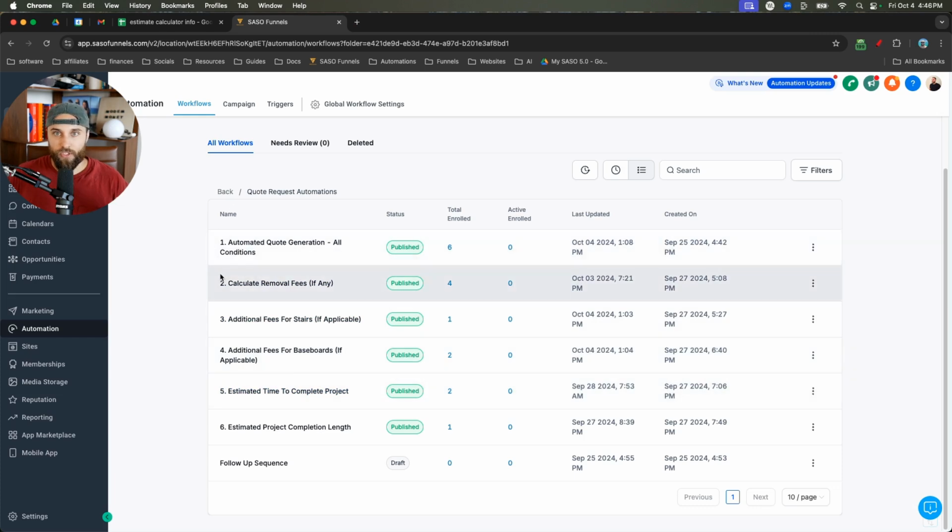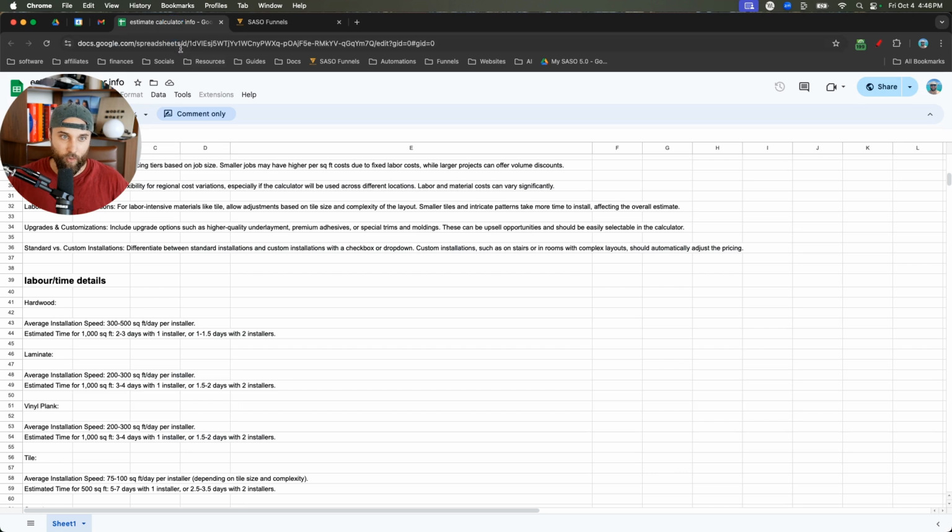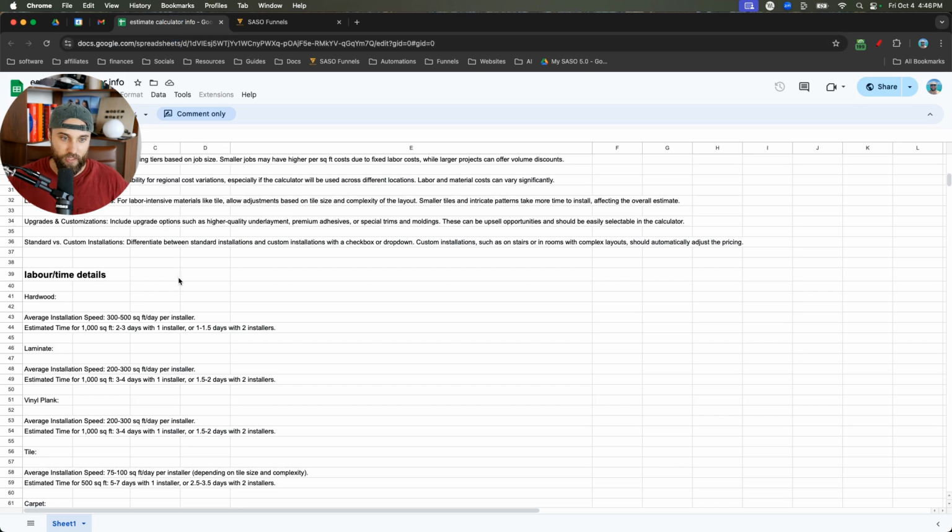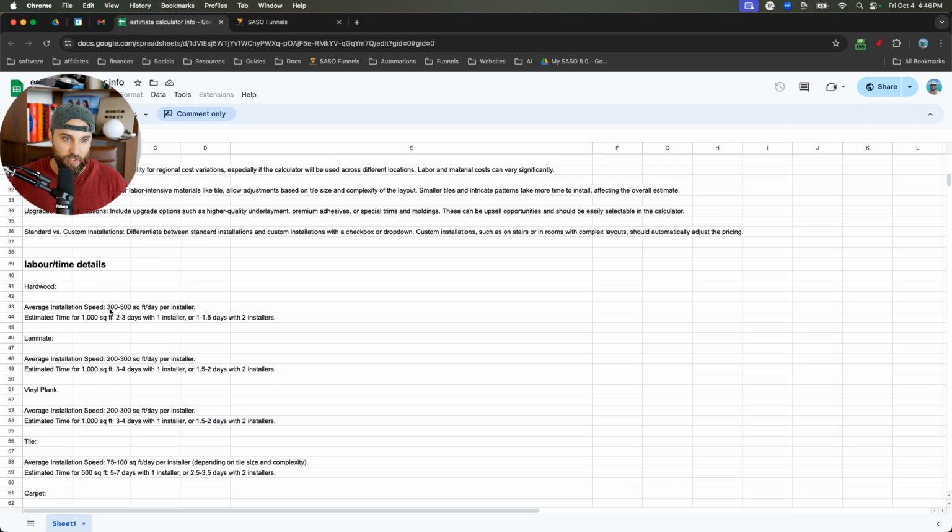So there's two automations we're going to do. We're going to calculate the numerical value, which will give us one number, but then we're going to use a text value to create a range. So first, let's go back to our calculator, or our numbers, the values that the business owner gave us. So they said the average installation speed is 300 to 500 a day per installer. So for 1,000 square foot, it would take 2 to 3 days for one guy, or 1 to 1.5 days